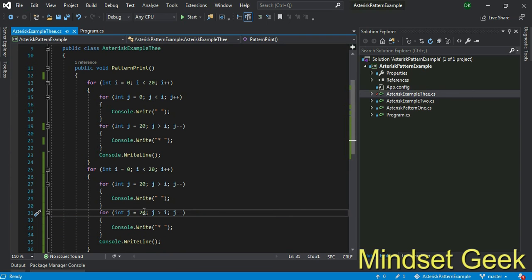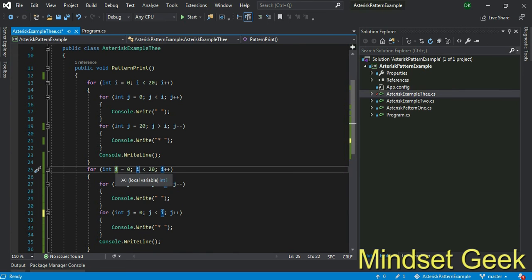So I change this to 0, less than, plus plus. In the first line, think about this. i is 0, assigned to i, so now i has the value 0.